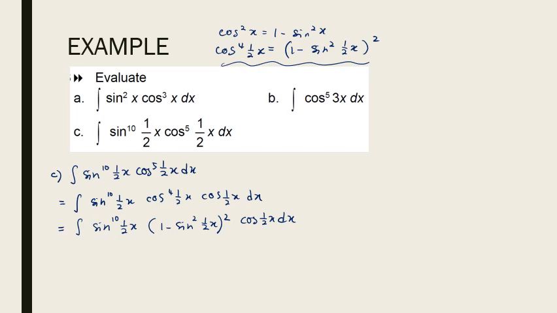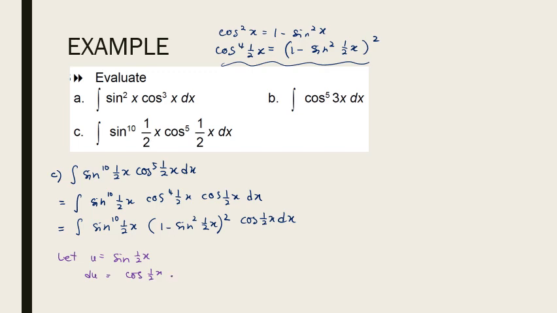Alright, next what do we do? Okay, we use u substitution. So, let u equal to sin half x. So, du is equal to, integrate sin becomes cos half x,